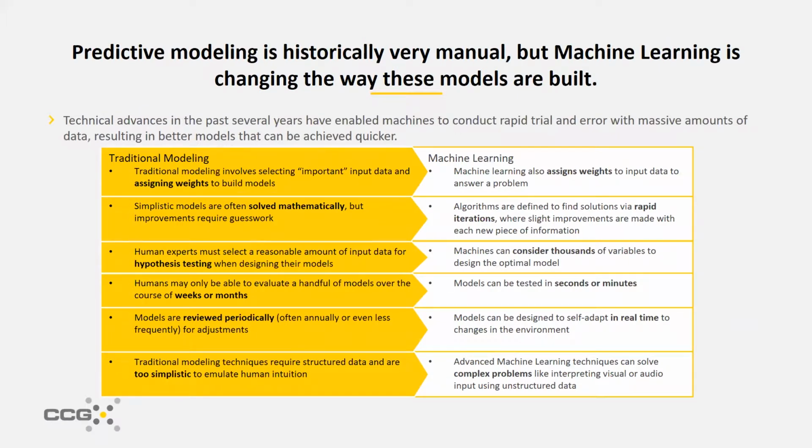In the past, predictive analytics was a highly manual activity that required a lot of highly paid and highly educated individuals to take a lot of their time to come up with a single model. Predictive analytics works often by assigning weights to data inputs to put together a data output that you hope represents some future outcome, right? And traditionally, it would take human experts weeks or months to consider just a handful of variables, 5 to 10 variables per model.